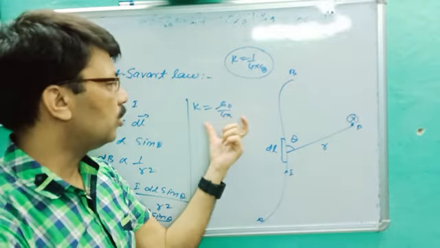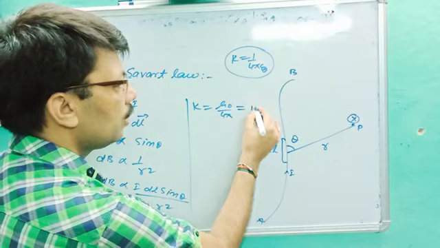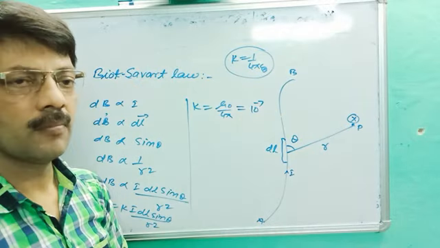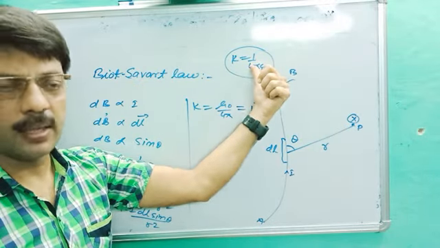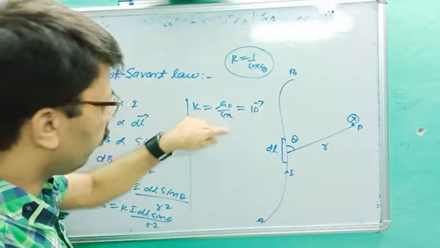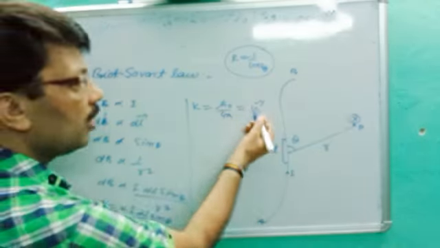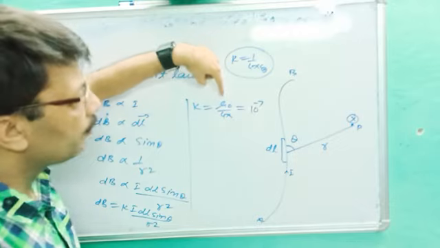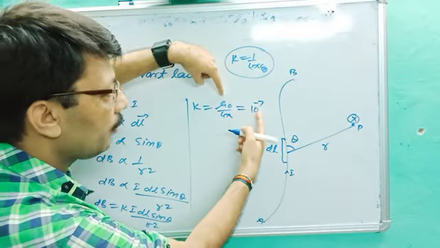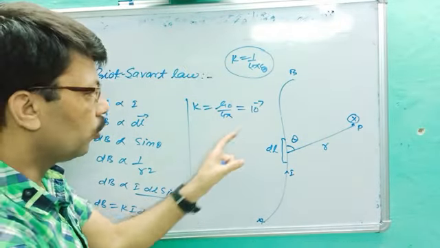Its value is 10 power minus 7. Its value was 9 into 10 power 9 for the electrostatic constant. But keep in mind, mu naught upon 4 pi is the magnetic constant, and its value is 10 power minus 7. If I ask the value of mu naught, you have to cross multiply. It will be 10 power minus 7 multiplied by 4 pi. So we can get the answer.